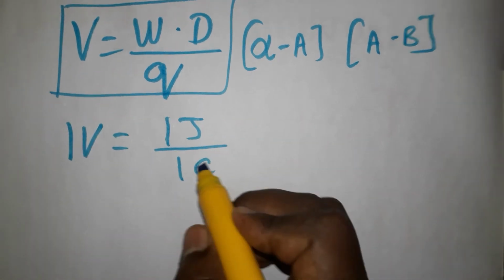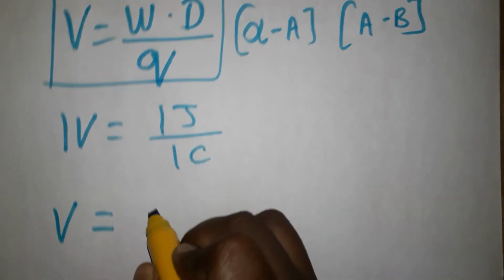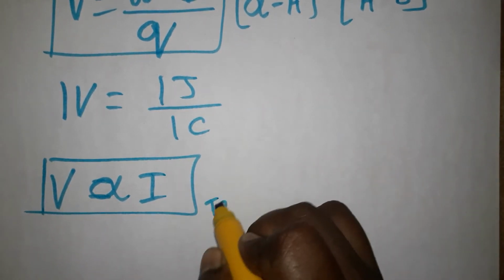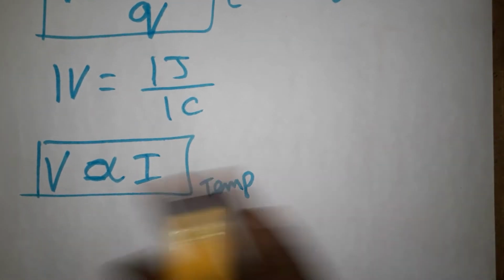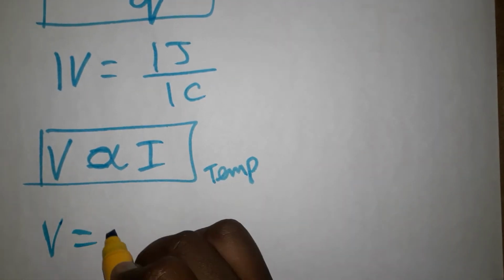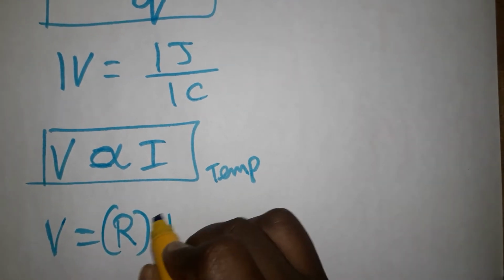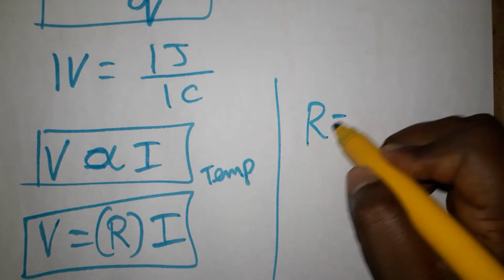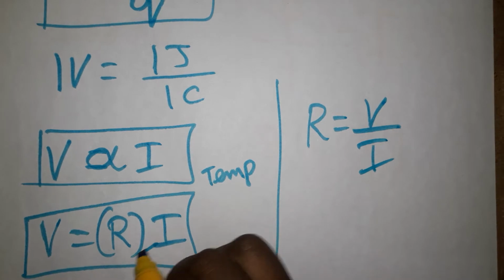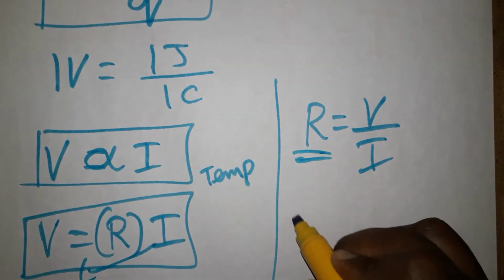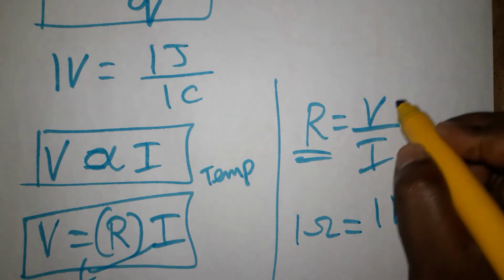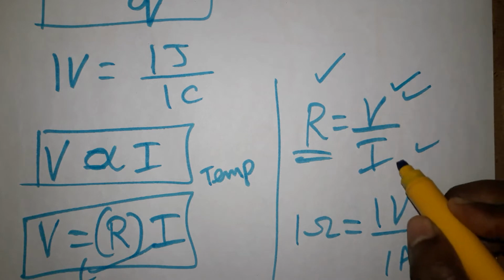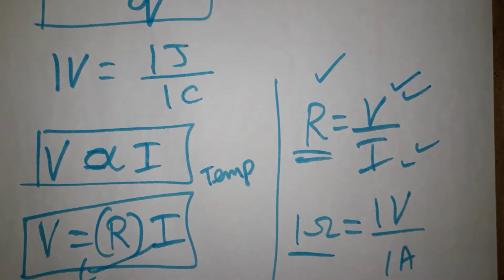The next thing, the relation between V and I. V is directly proportional to I. It is called Ohm's law. At constant temperature, V is directly proportional to I. When we equate, we get V is equal to a constant times the current, and that constant is resistance. So V is equal to IR. The same equation, R is equal to V divided by I, just modifying the equation. R is resistance; 1 ohm is equal to 1 volt per ampere. Resistance is the obstruction offered by the wire, V is the voltage, I is the current.